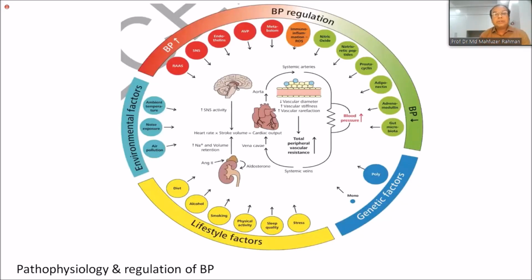So in advancing disease, whenever there are changes in the vascular wall, atherosclerotic changes, and the vessel stiffness increases, the total peripheral resistance is increasing. So in advanced disease, there is a chance of raised blood pressure. And sympathetic overactivity, aldosterone hypertension, renin-angiotensin system response, salt and water retention, and different hormonal influences. Is the overactivity of the sympathetic nervous system responsible for increasing blood pressure?